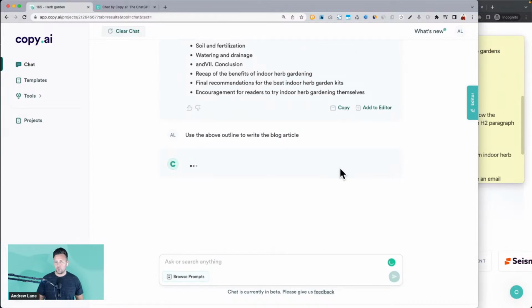So similar to maybe what you've seen with other chat features, but this is scanning and using information from the web. All right, so we're going to go into some more examples of how you can do this today and how this can make your content way better, way more compelling, more rich with relevant data from the web, research,